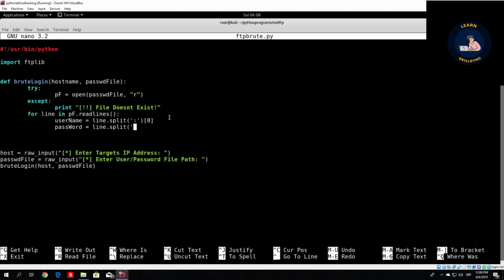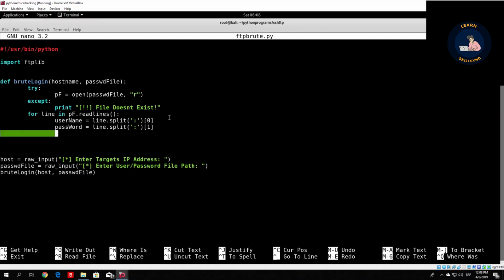Split, we want to split it by the same part, so we split it by the 2 dots. And we take the second argument, which is everything on the right. So this is how it should be. And let us print that we are now trying to brute force with this username and password. So print